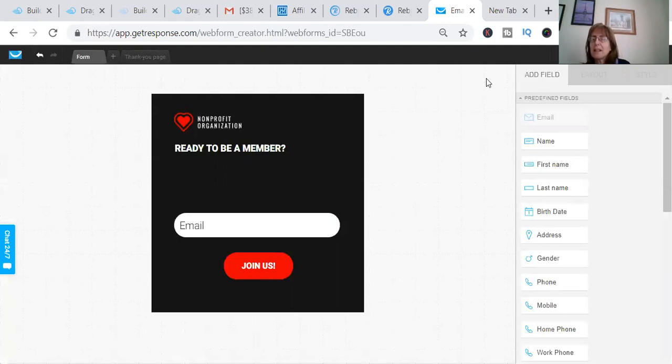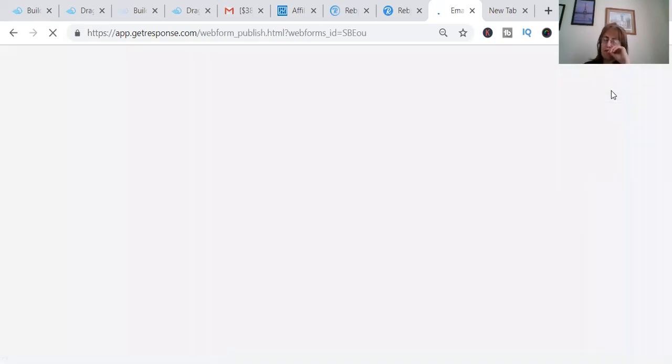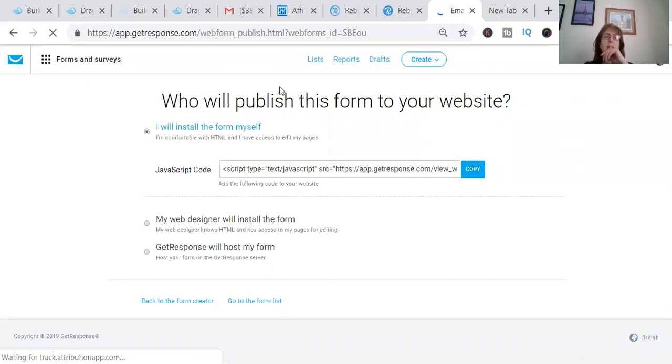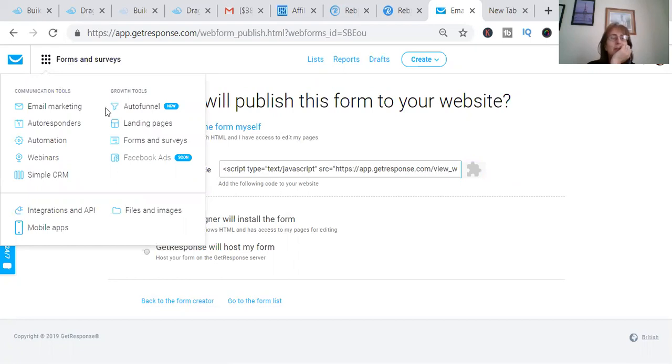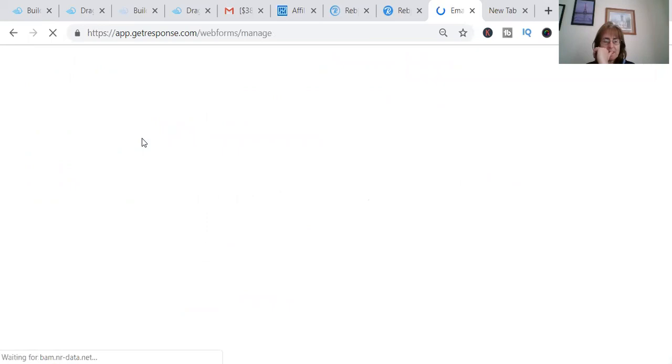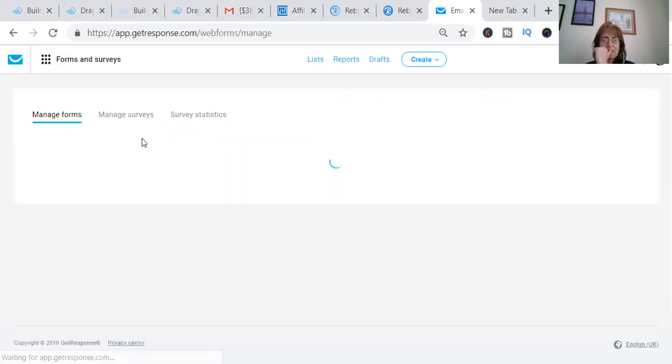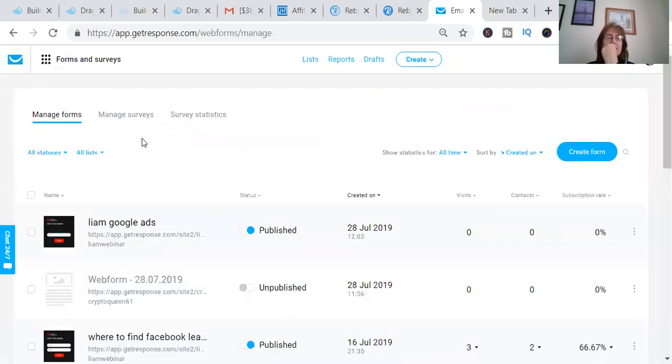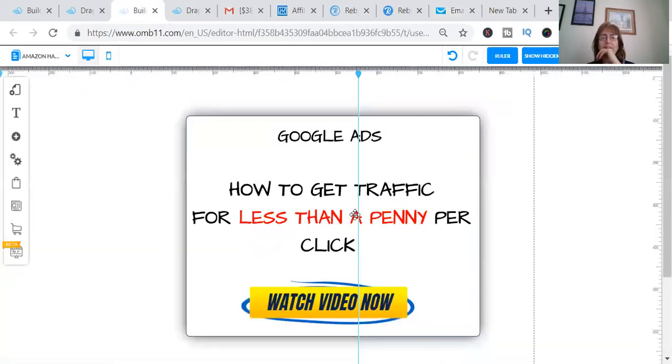Then you have to collect the code, so you have to save and publish. Don't freak out. That's not the page you want. Go back into forms, and you need this code. Well, actually, I'll do that in a second because I wanted to show you quickly